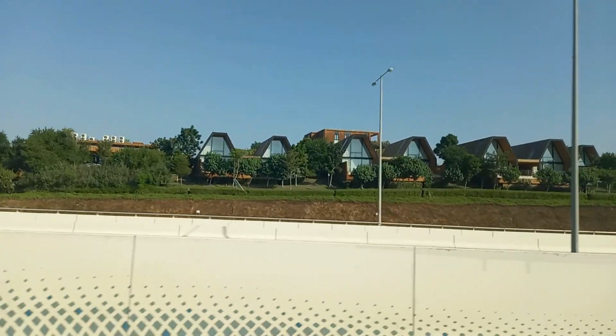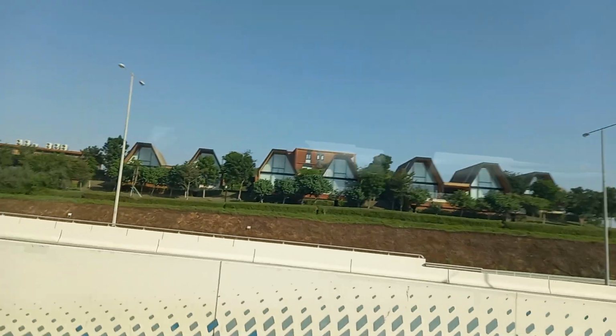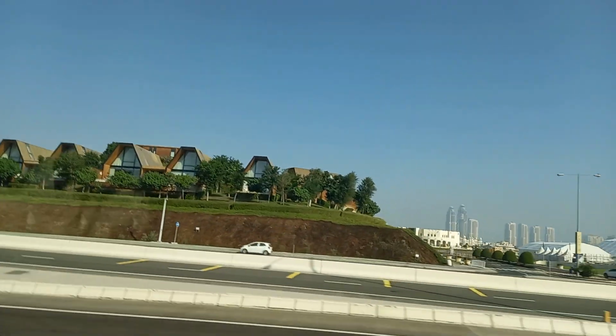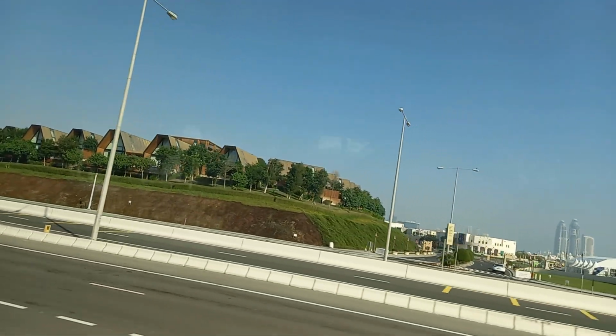For the World Cup, and it's a very popular place for staycations, as staycations in general are very popular in Qatar. And in a few moments on our